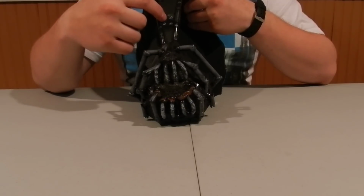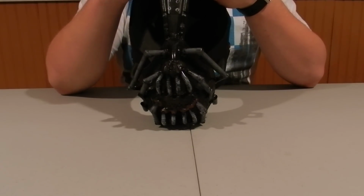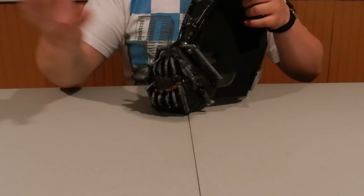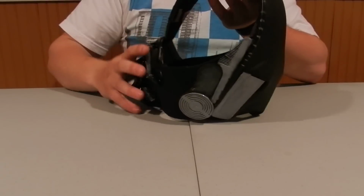Okay, so this right here, these little straps up here, I painted those, but they're actually masking tape. They wouldn't stay on, so once again, E6000. But I didn't know anything better to do for that, so that was kind of a last minute thing, like, oh, let's just do masking tape. In the back here,